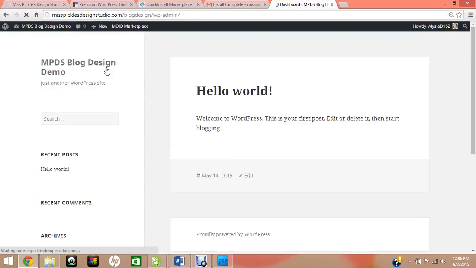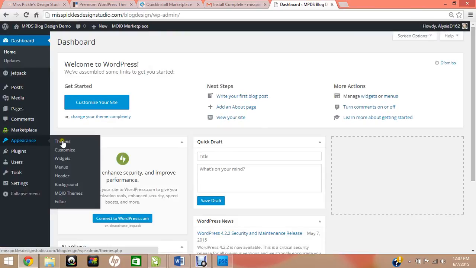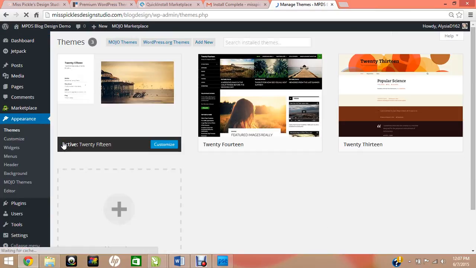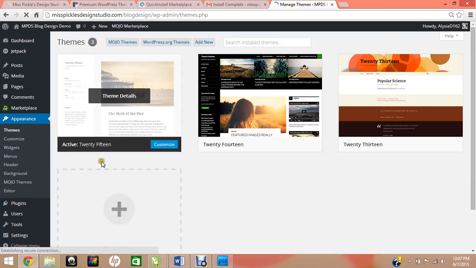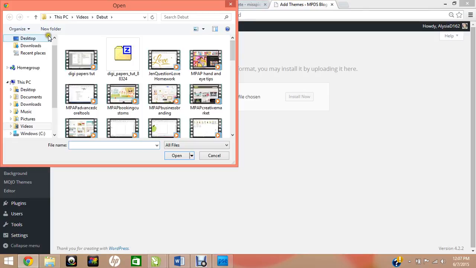So go to the dashboard and then Appearance, Themes, Add New, Choose File. Once you purchase the Genesis framework from StudioPress, you're going to want to download it and save it as a file on your computer, which I have done. I keep mine in downloads,